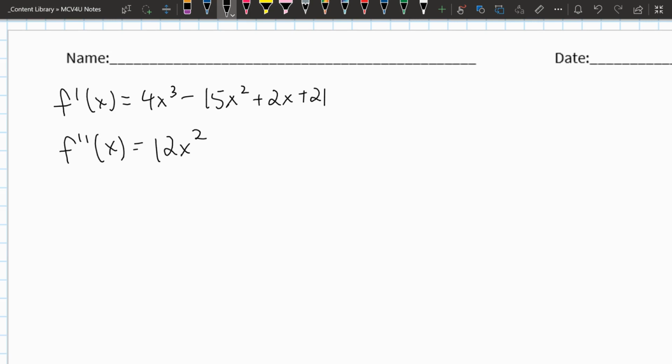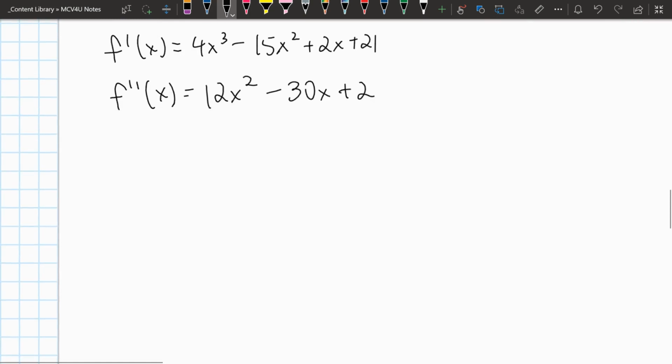And then 15 times 2 is 30, so minus 30x, and then a plus 2. Okay. Is this factorable? B squared minus 4ac does not look like it. Well, you know what? Let's just use the quadratic formula. I don't think it is factorable. So let's use the quadratic formula